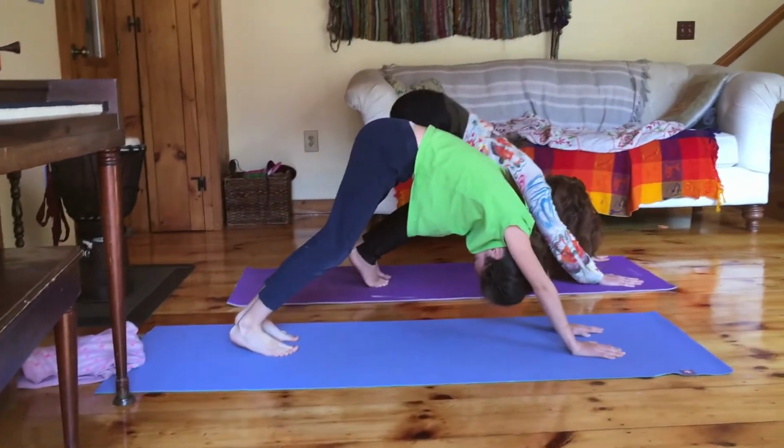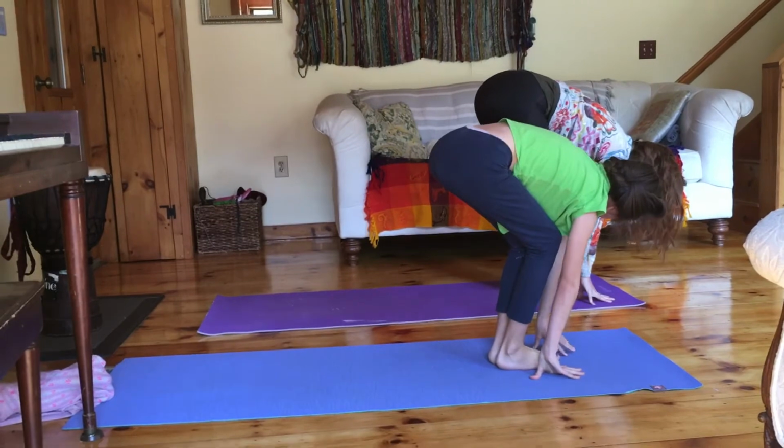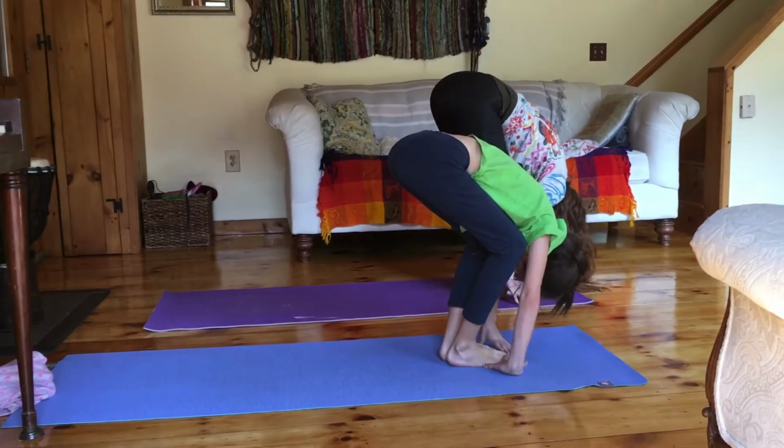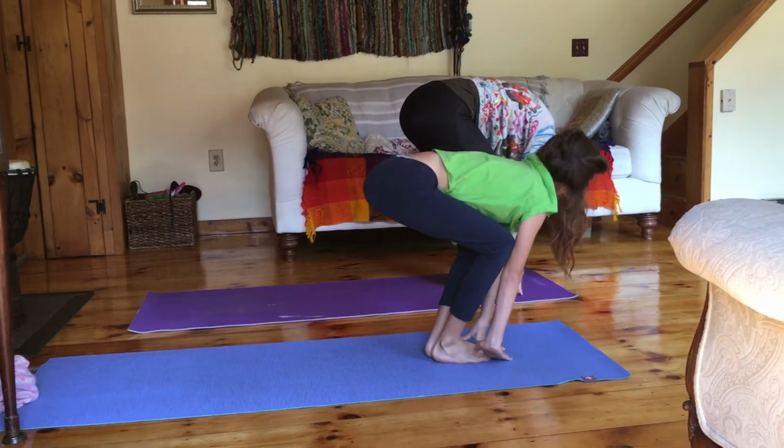Then bend the knees and walk or hop to the hands. On your inhalation, come to flat back. And on your exhalation, fold. Inhale. This time, bend the knees a lot. And let's just kind of roll up like a